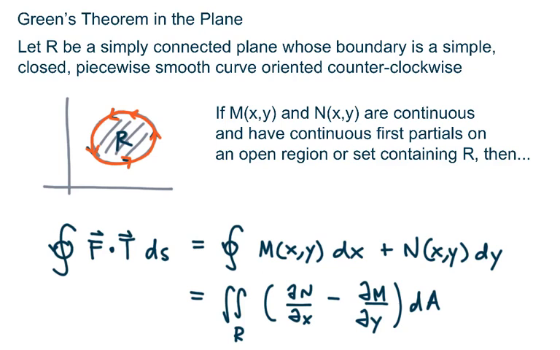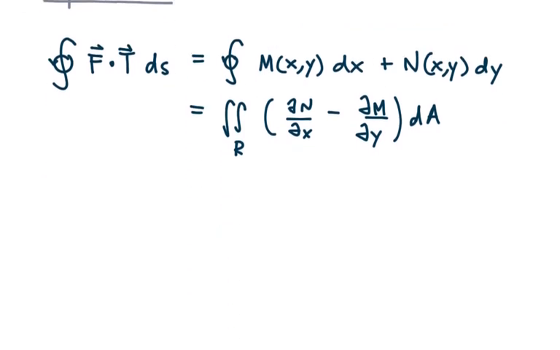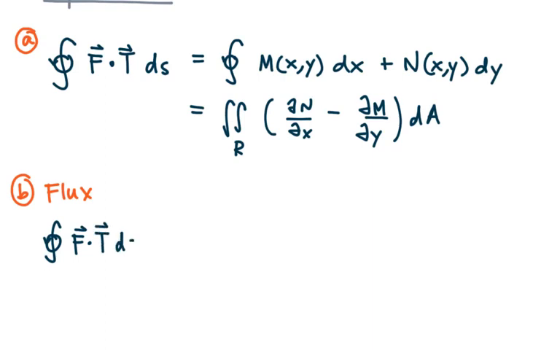So we have a second form of this definition. This form that we're looking at here, part A, is related to the curl. We also have a flux form, and that essentially says the same thing: that directed counterclockwise line integral of F dot T ds, which was our definition for work, can be represented